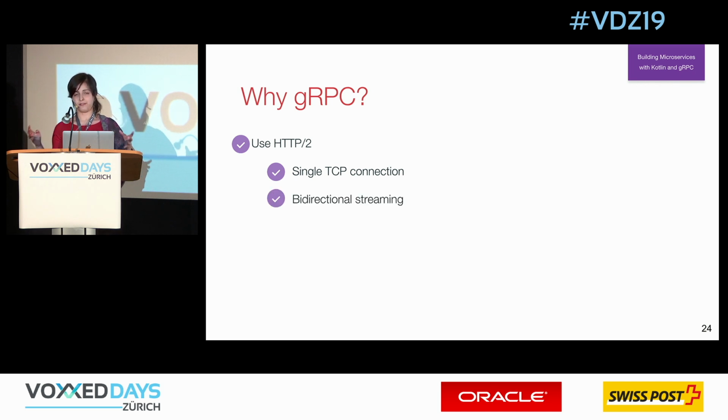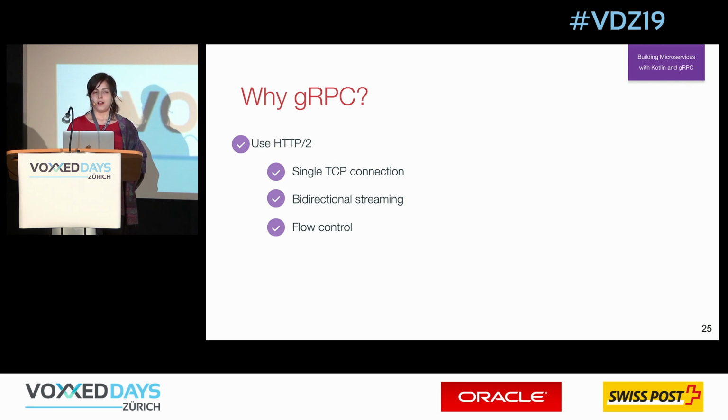And of course, as we have this open connection and we can communicate between client and server, we can use it as bidirectional streaming, so we can multiplex it. For example, our client can send a lot of requests to our server, and again, our server can send a lot of requests to our client. And one of the key features of HTTP 2, which is used in gRPC, is flow control.